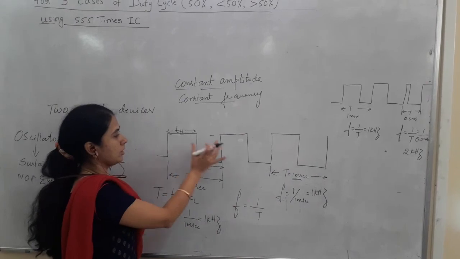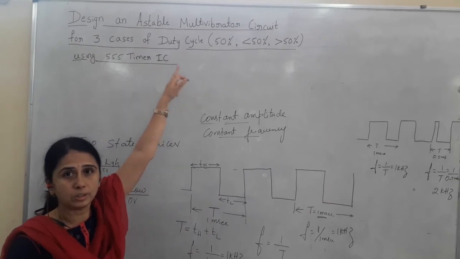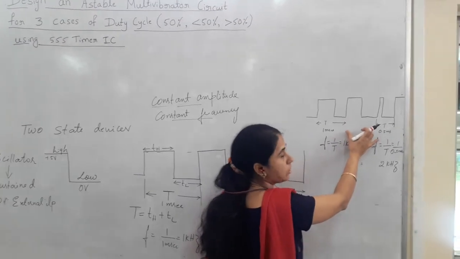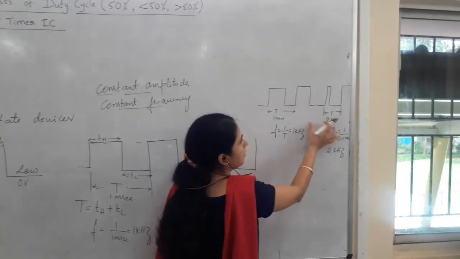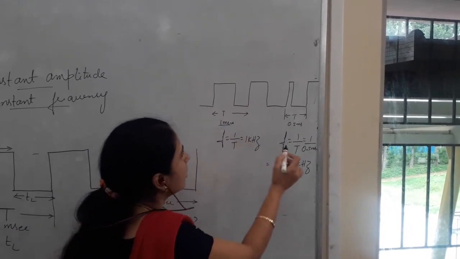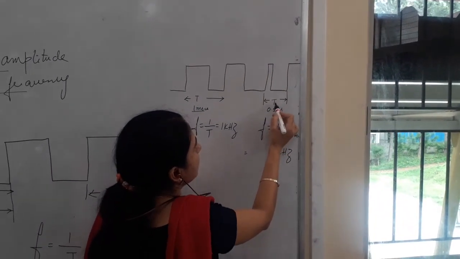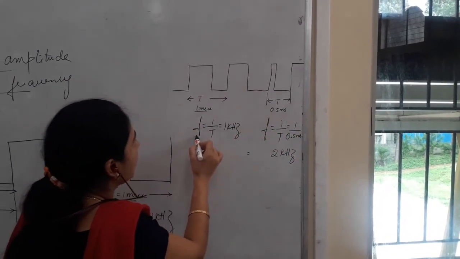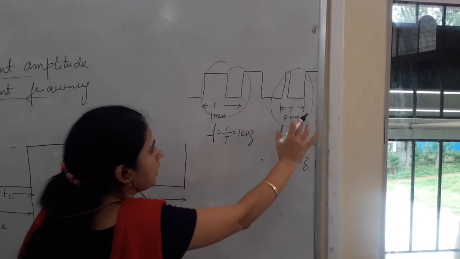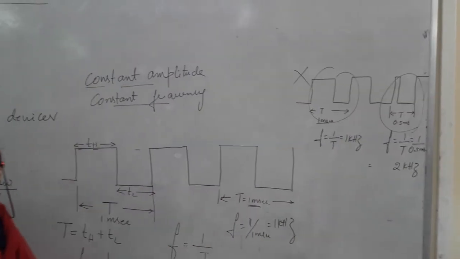So, this is an oscillation. This type of waveform is generated by an oscillator. That is, an astable multivibrator also generates such oscillations. Here, this is not a constant amplitude, and this one is constant amplitude, but the frequency is not the same. If you measure T here, this is one full cycle, T is 1 millisecond. Here, if you measure T at another cycle of the waveform, let us say T is 0.5 millisecond. The frequency becomes 1 kilohertz here and the frequency is 2 kilohertz here. That is, it is not maintaining a constant frequency throughout. Such oscillation will not be produced by an astable multivibrator.